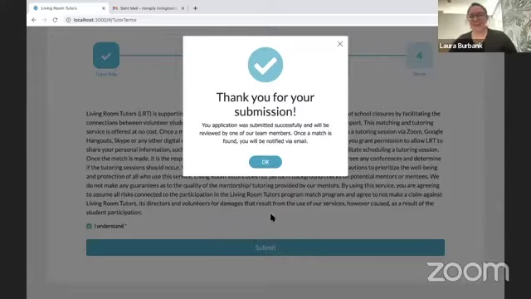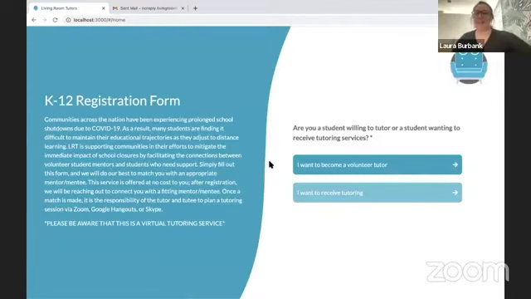Awesome. So when I submit my application, I get this little email here saying that my application was received by Living Room Tutors, which is great news. All right. So now